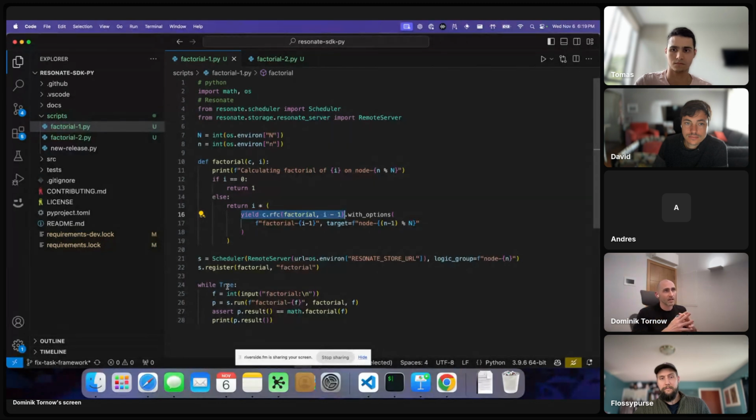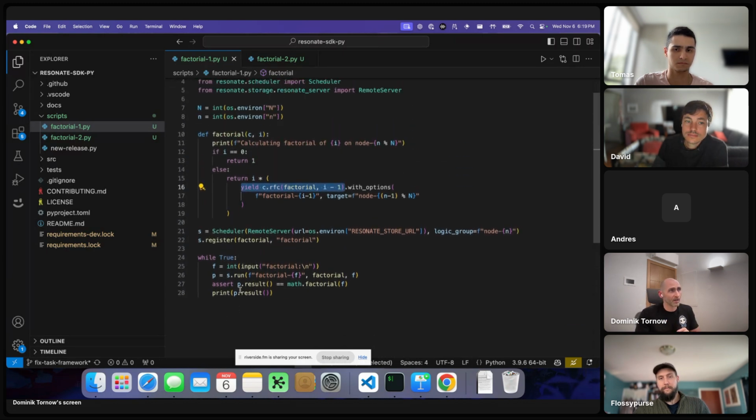So here I'm using Resonate's low-level API. For the next release of Resonate, we also give it some quality of life improvements and a high-level API, so that, for example, in Python, you can simply use decorators to register and call functions. Anyways, as you see here, we just accept a number to calculate the factorial with on the command line, and then we run the factorial.